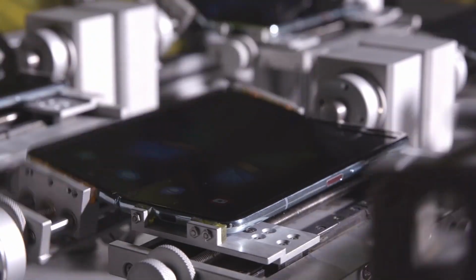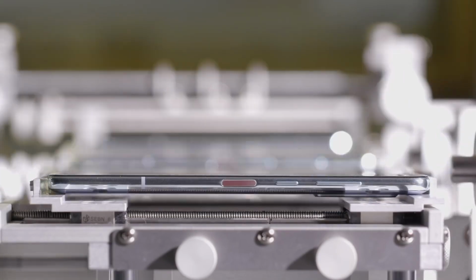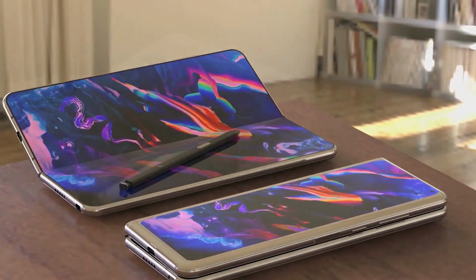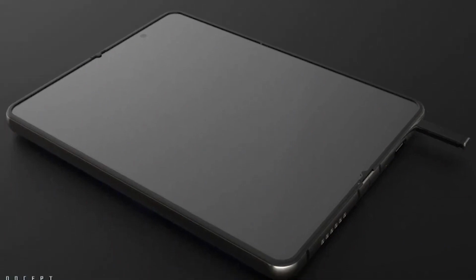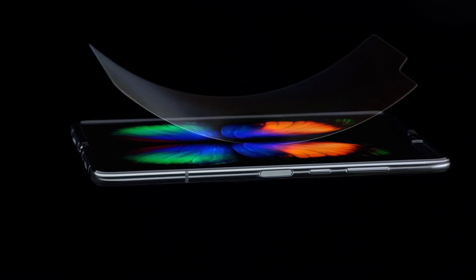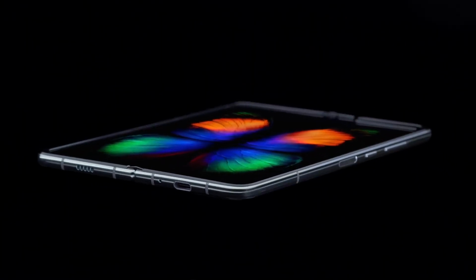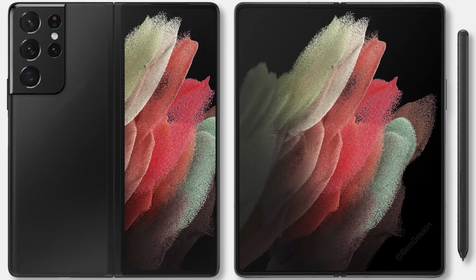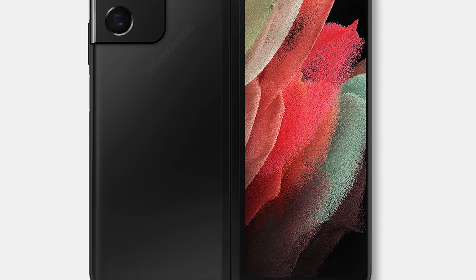which is not far away from now, and probably we are not hearing any of the latest news about the design and spec sheet of the Galaxy Z Fold 3, but there are some assumptions and designs that have surfaced online regarding the Galaxy Z Fold 3. One of them is the Benji skin design that he shared on his Twitter account, and if you know Benji, he provides good quality images or renders of the upcoming devices. According to those images, the first thing you will probably notice on the Galaxy Z Fold 3 is